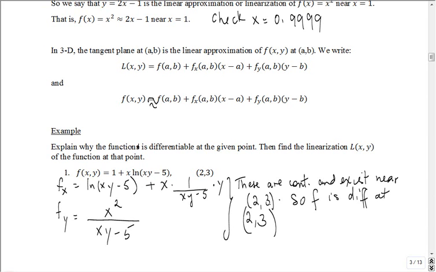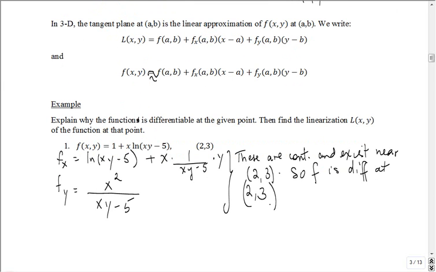Okay, the next step now, so that's the first part. Now find the linearization L of x, y. So the formula is right there. So what we need to do, we need to do three things. Find the partials at 2, 3 and find f at 2, 3. So it's just like finding the equation of the tangent plane. So fx at 2, 3